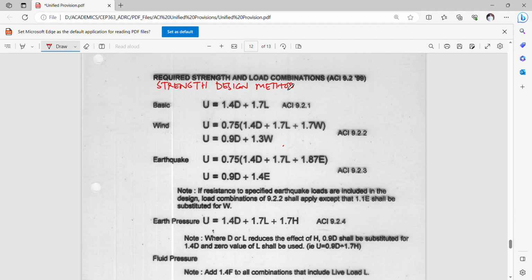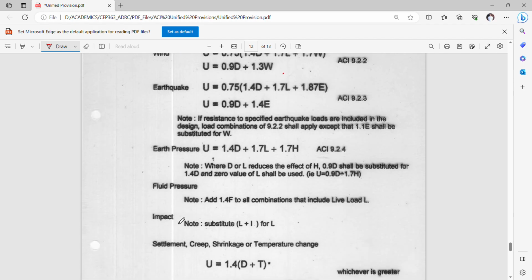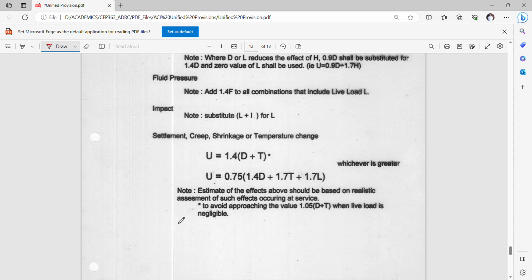So the combination is basically enumerated or summarized into this: basic, wind, earthquake, earth pressure, fluid pressure, impact, settlement, etc. Okay,